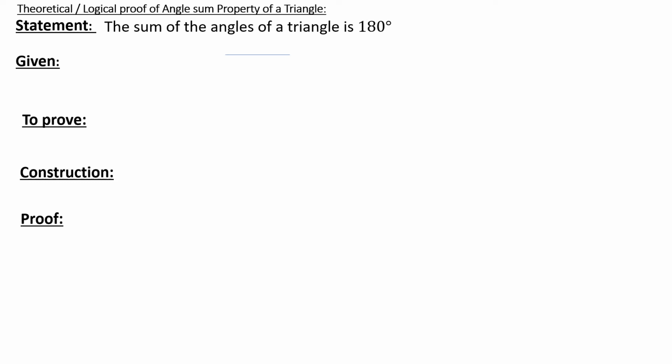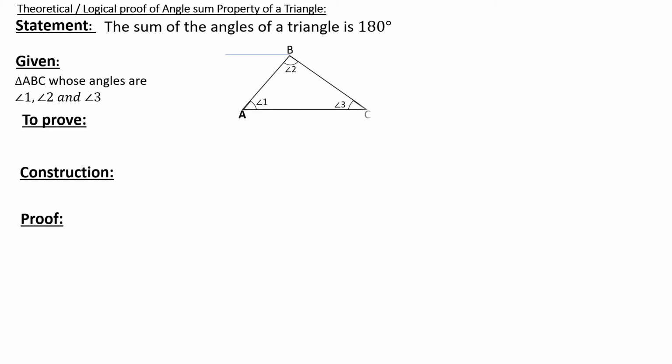Okay, so here the conditional clause is not explicitly written, but you can take the context. You are saying it is 180, so the context is about the angles of a triangle. So you will be taking any triangle randomly. To say any triangle randomly, we will name it as triangle ABC, and their angles A, B, C, or we can mark them as angle 1, angle 2, angle 3, and we can also show it in figures as you can see in the figure. ABC is a triangle, angles 1, 2, 3 are the angles A, B, C respectively.